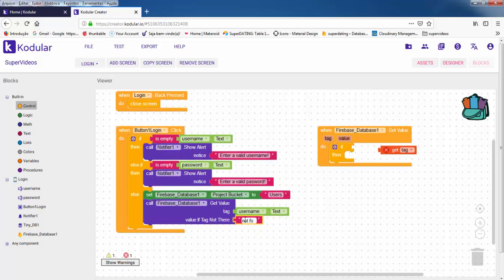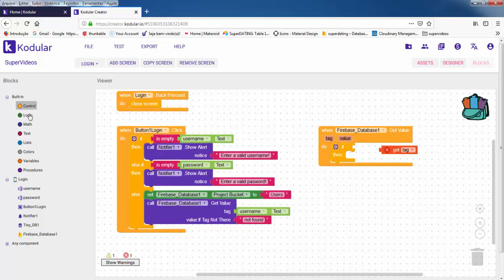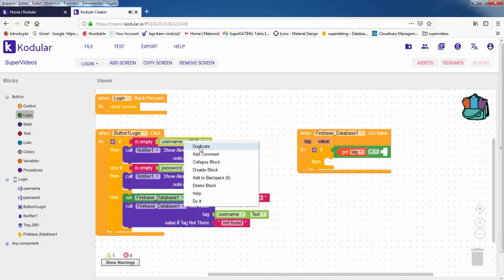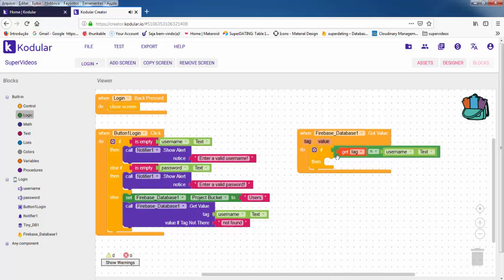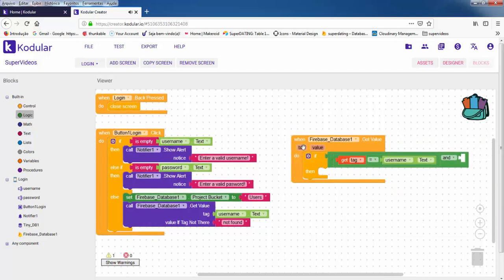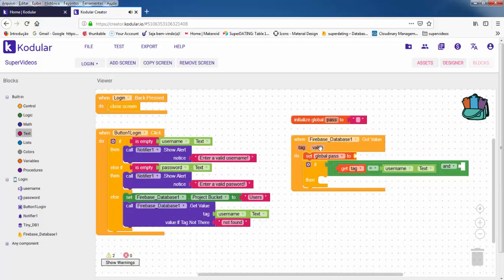So not found. So if the tag is equal to the username, the first thing now in the got value is actually we're gonna get and create a variable, the pass. So the pass is equal to value,